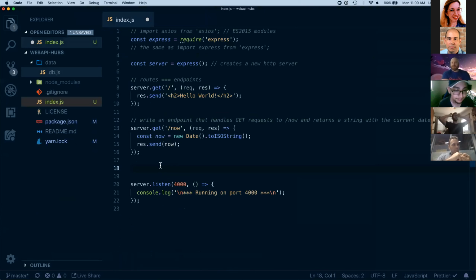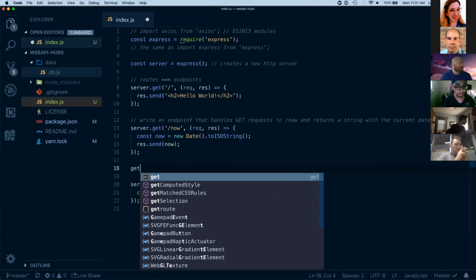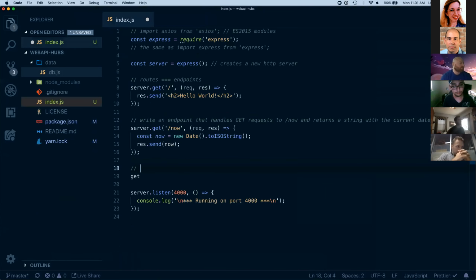So let's see if we can get that list of hubs. Turns out that we have a find method there that we could use for that. So let's go write, watch me write an endpoint, and then you go write it later. So let's get a list. The first one would be, remember that we're going to do some CRUD operations here, right? So let's begin